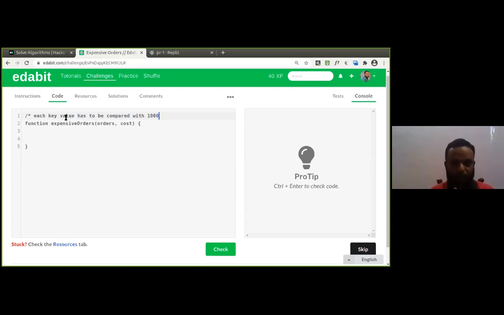If it is greater than 1000, what we have to do? We have to add it. The resultant object. It should be an object, isn't it? Resultant object. We need an object for that one. Yeah, it's a simple thing that we have to perform, isn't it?